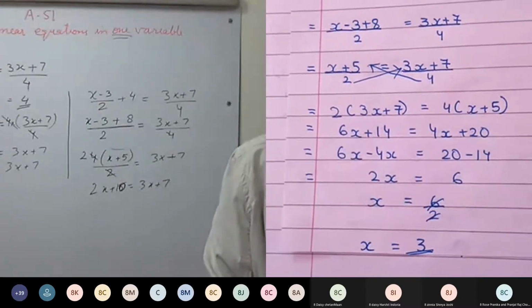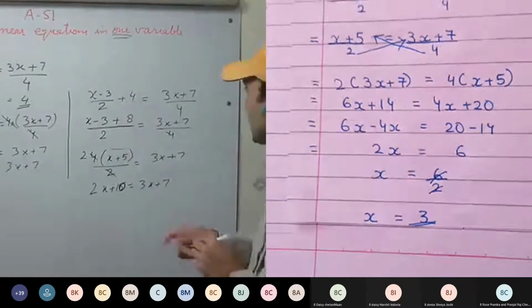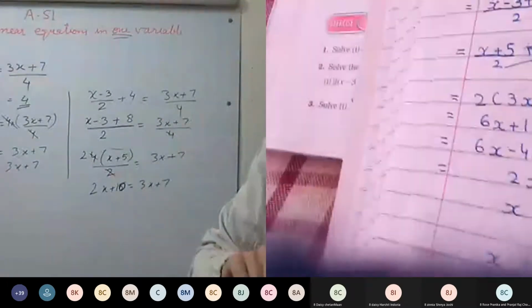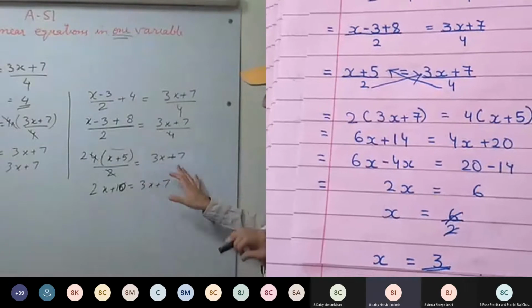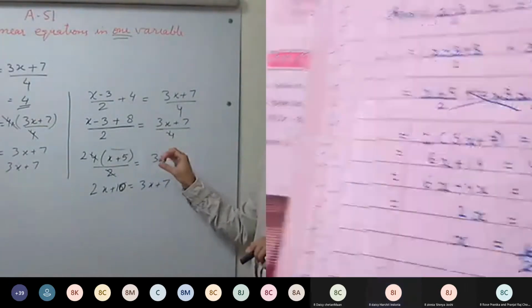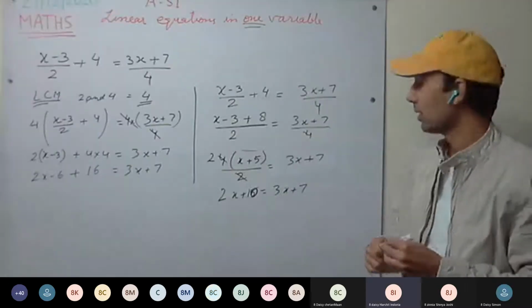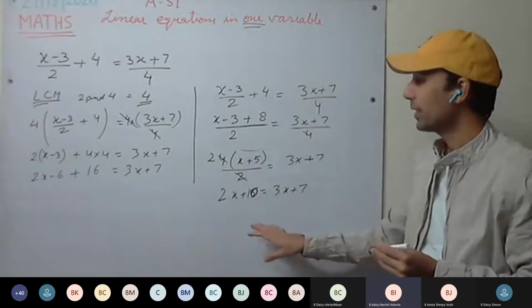Yes, this is correct. Okay, sir. 1 minute. You have taken 2, yes, that way only I am telling. Sir, there is no third method. Sir, there is no third method.